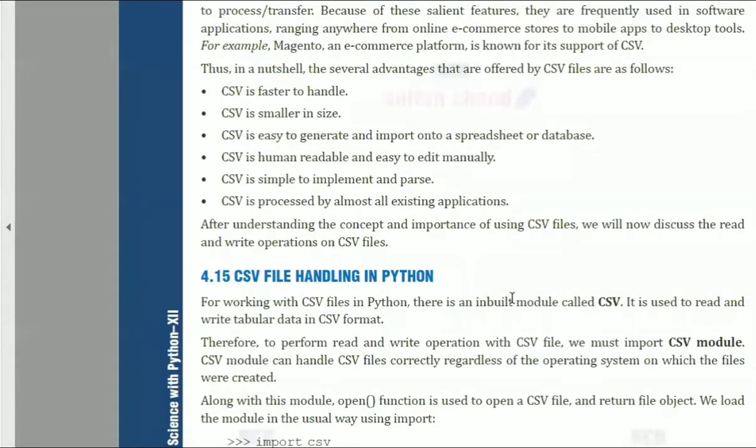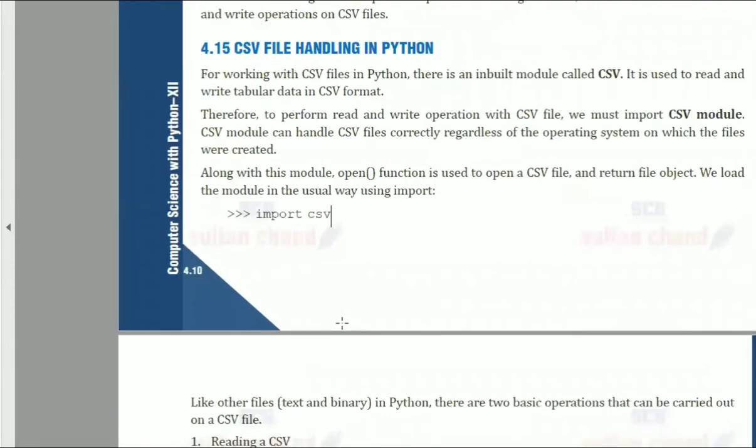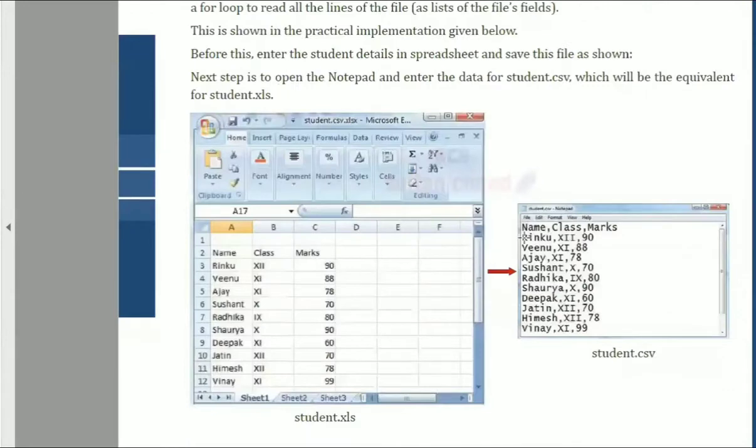from the CSV file. As we have the import statement, like in binary file handling we had import pickle, right? Here we are having import csv, which is a package from which we will be using the functionalities. There we had the functionalities called load and dump. Here we are having writer and reader, and you are reading the content. As I said, the content, how we are storing it in the notepad.